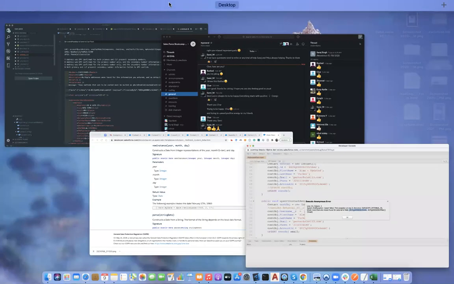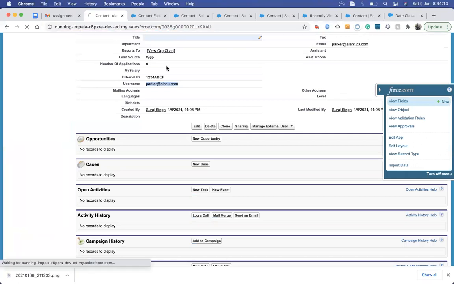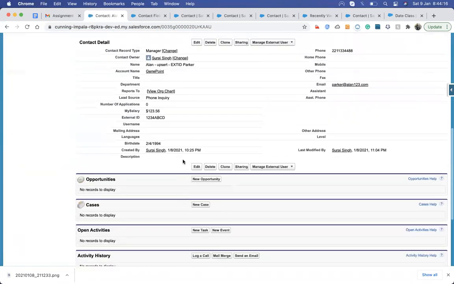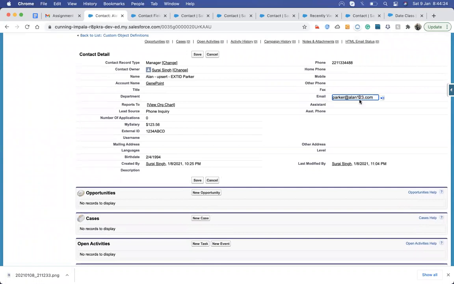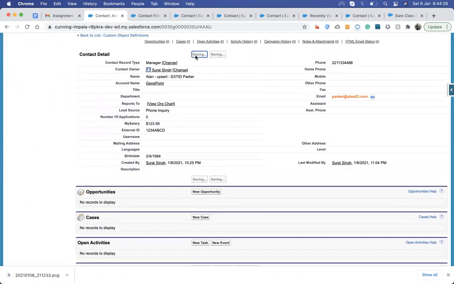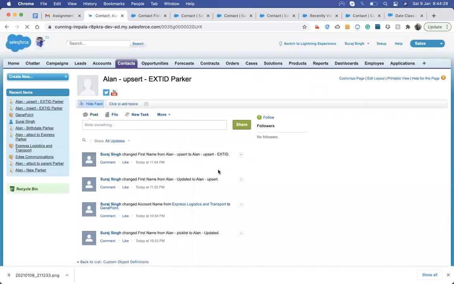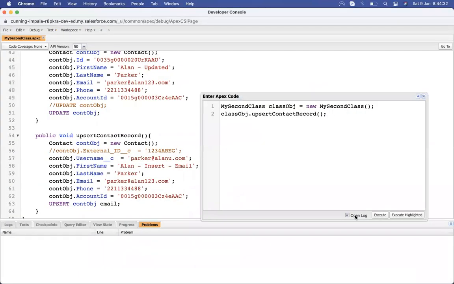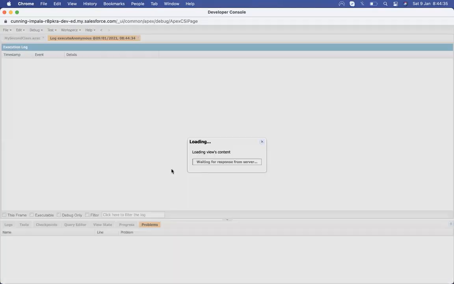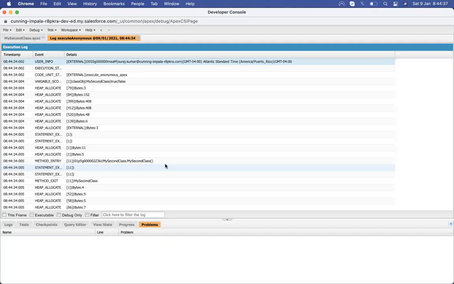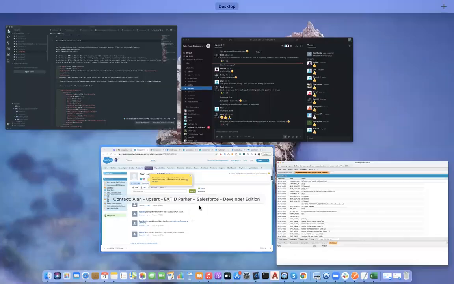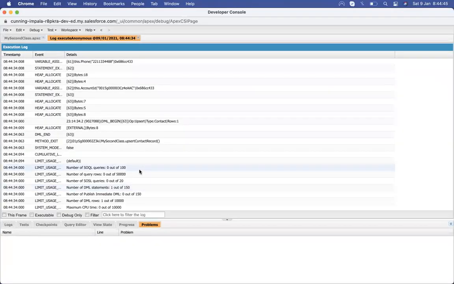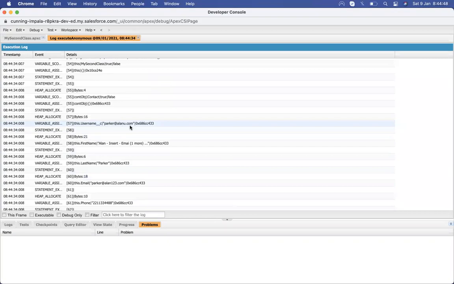So I will make changes up here. It also had the same record. Now it's changed. If I change one of them, both of them will get changed. Okay, so that's it. Actually, two email addresses have the same values. That's why it's causing the issue. So it got updated, and which record is updated?